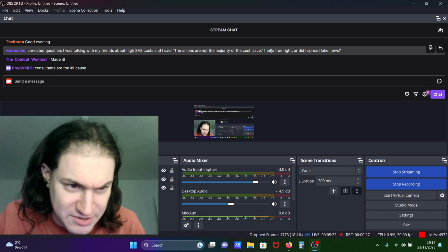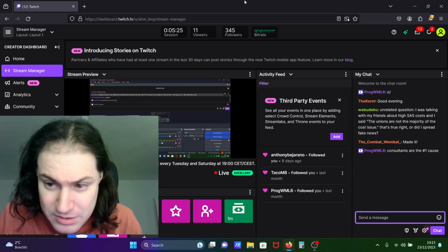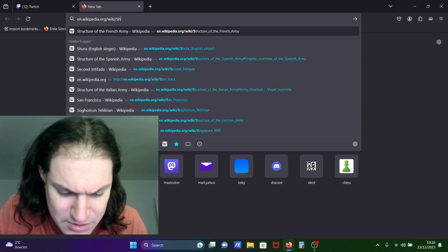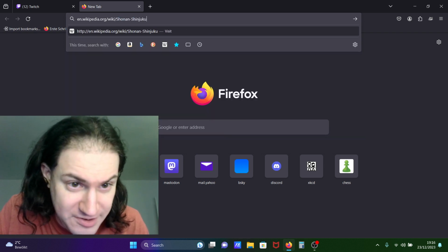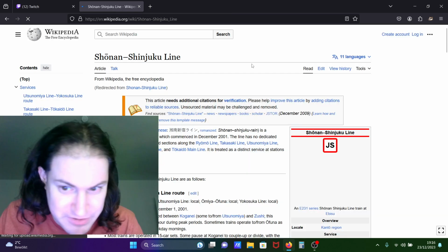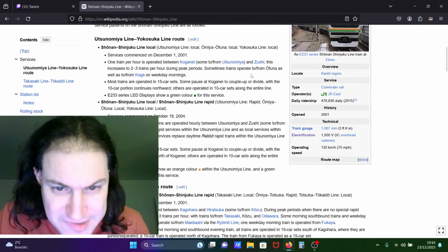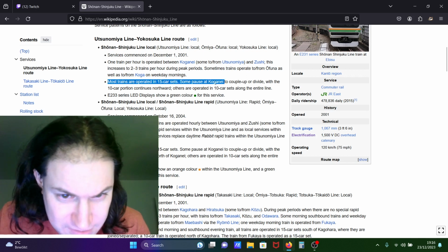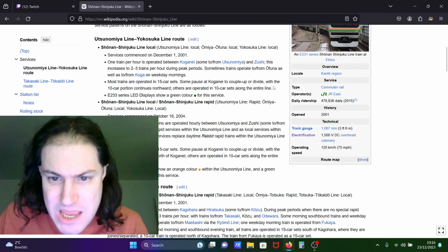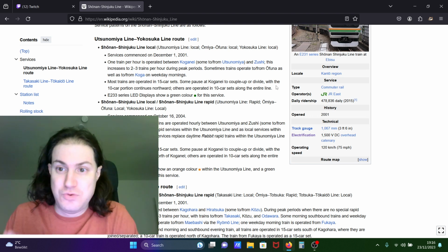So let's start by defining what a split train is. This is a split train. I don't know if they show the splitting operations. I doubt it. But a split train is something that occurs when a train is split into two at some